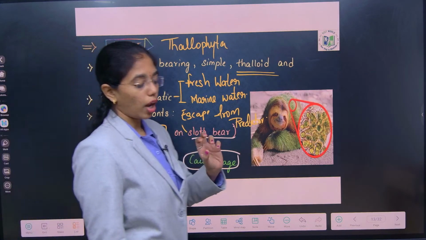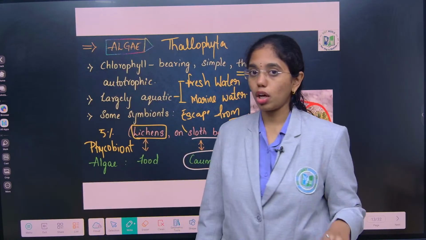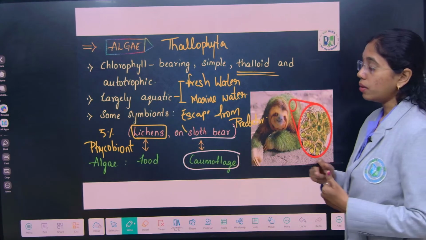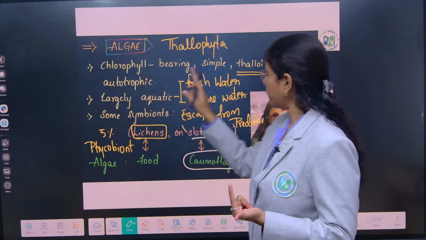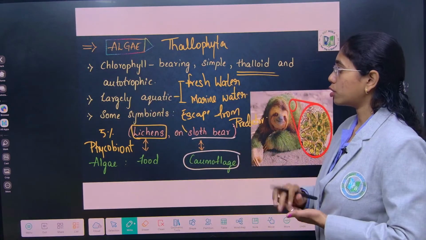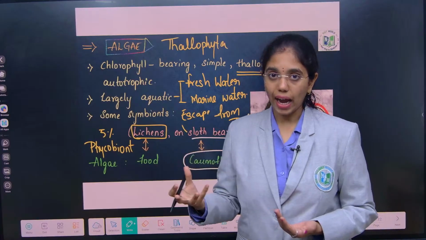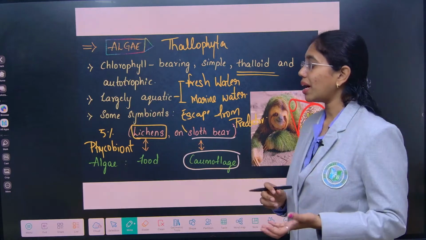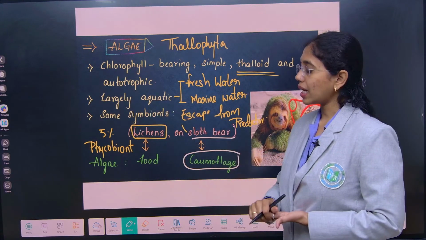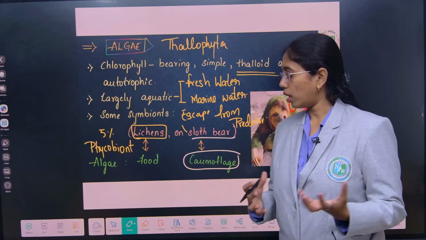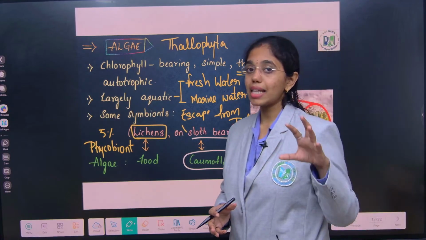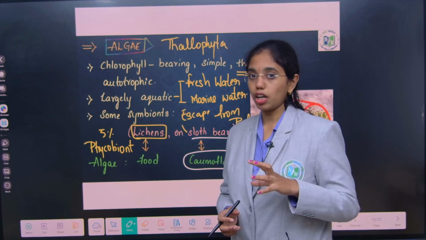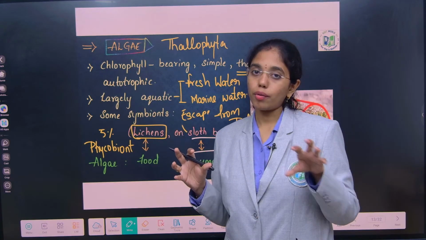How can we describe all the organisms present in the division algae? Algae is also addressed as Thallophyta, and includes chlorophyll bearing, simple, thalloid, autotrophic organisms. They are largely aquatic, which includes both freshwater and marine water habitat. Some of them are symbionts as well. Symbionts in lichens are phycobiont and mycobiont. Phycobiont is the algal component in lichen, which is only 5%. It provides nutrition to the fungal component, and mycobiont in turn provides shelter.